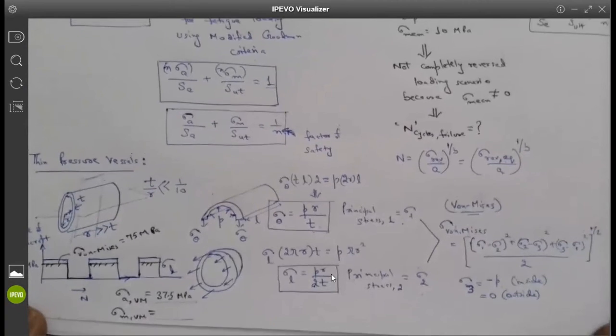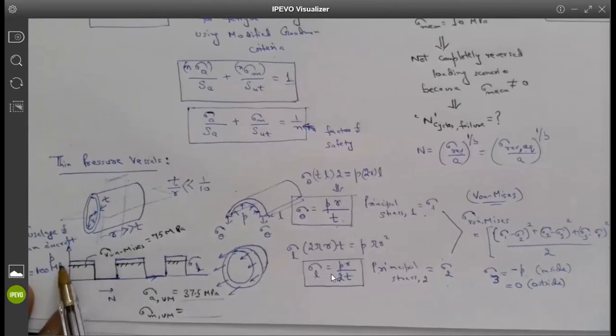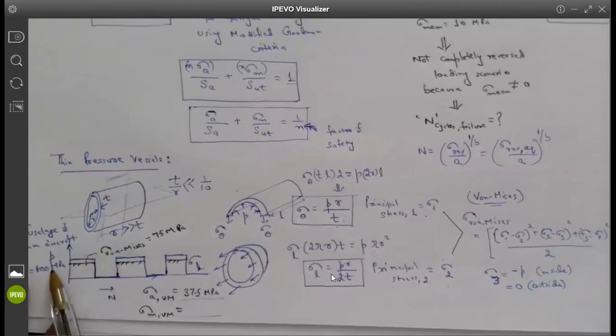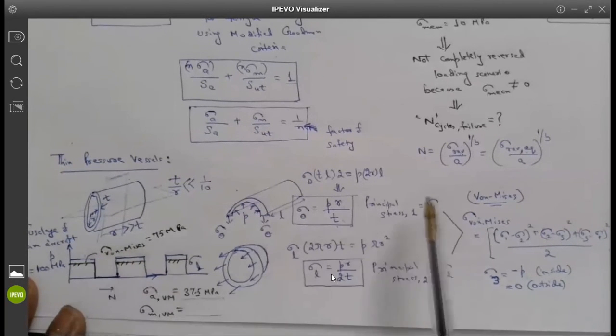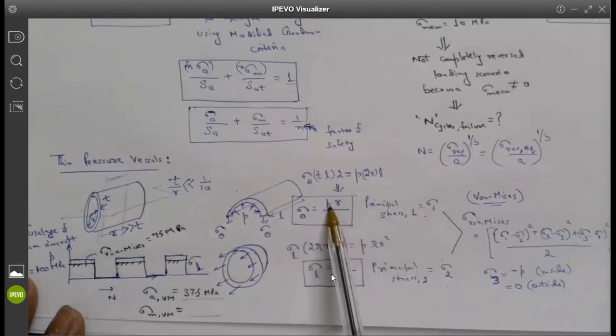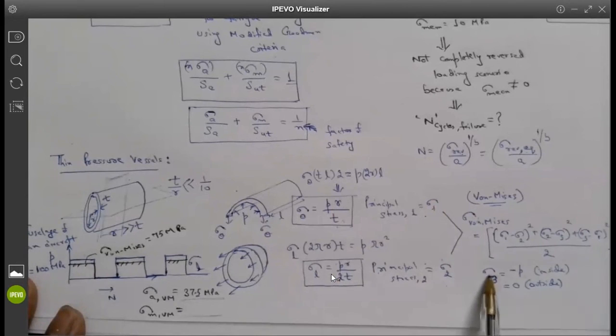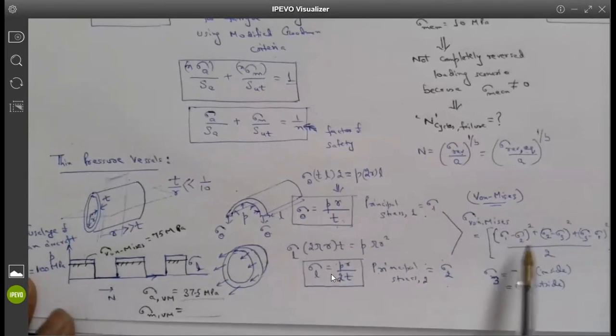Okay, so I put von Mises stress less than 100 megapascals. So it will be a different number than 100 megapascals because sigma von Mises is going to be a combination of sigma 1, sigma 2, and sigma 3. And sigma 1 is a combination of pressure times radius divided by thickness. So sigma 1 will never be equal to the pressure itself. If sigma 1 is not equal to pressure, sigma 2 will not be equal to the pressure, and sigma 3 is the only stress which is equal to the pressure, then that means von Mises stress will not be equal to the pressure. It will be something different value. That's what I actually plot here.